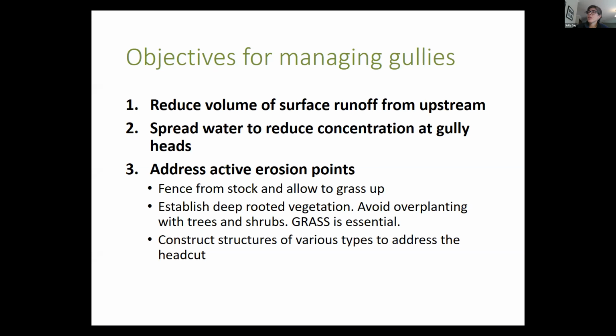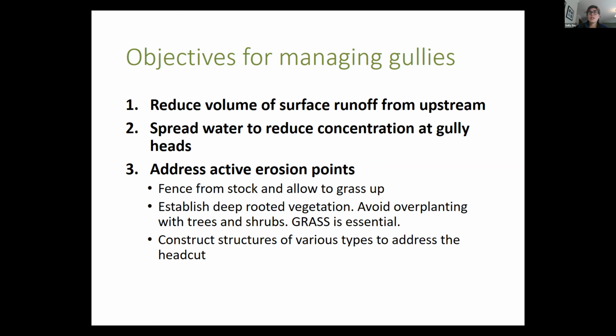So if we've already looked at reducing runoff from upstream and spreading the water to reduce the concentration at the gully heads, and we've still got a problem, the third option here is actually to address those active head cuts at the site. So the various ways that we can do that. First and foremost, and this should be a given every time you have a gully, immediately fence it from stock and allow it to grass up. That's a cheap way to fix a problem before it gets worse. So whack up a fence,